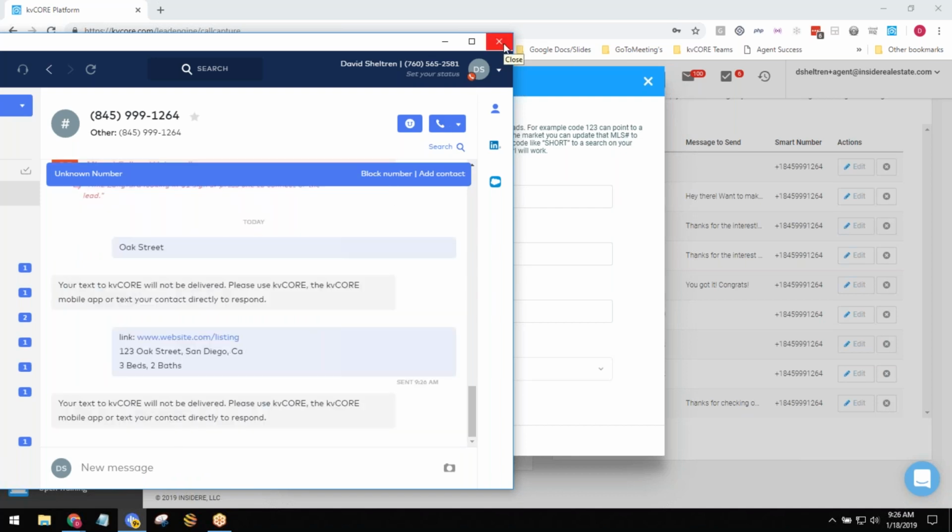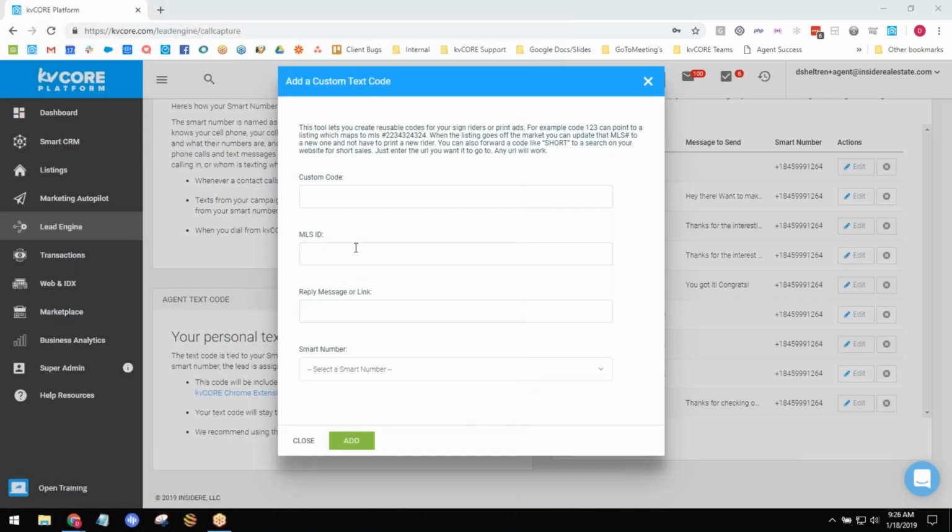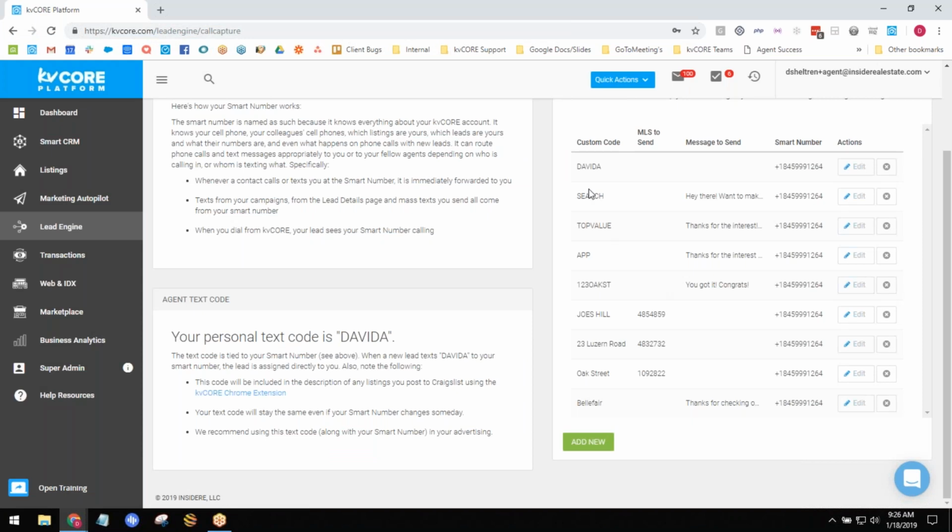And so that's great for sign writers, like I mentioned. There's that error again. So that's how we're really going to leverage this and think outside the box a little bit when we get down to using our text codes, like using the search term search. If you are a market expert and you only service a specific area like Willow Glen, let's just make up a name for a second, so if you're an agent or realtor servicing the Willow Glen community, I might say search Willow Glen or reduced in Willow Glen or something like that.